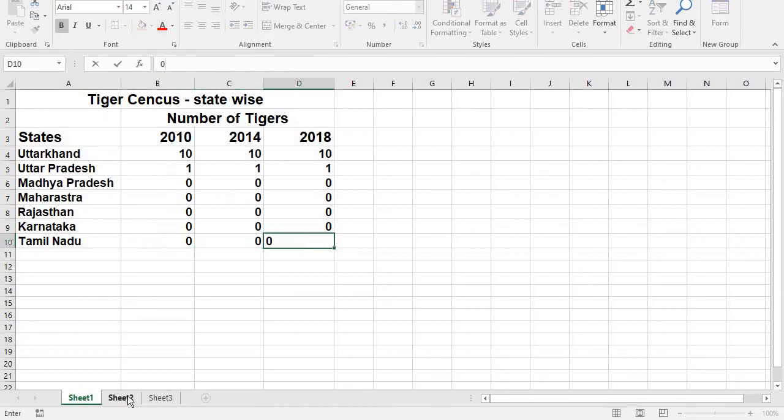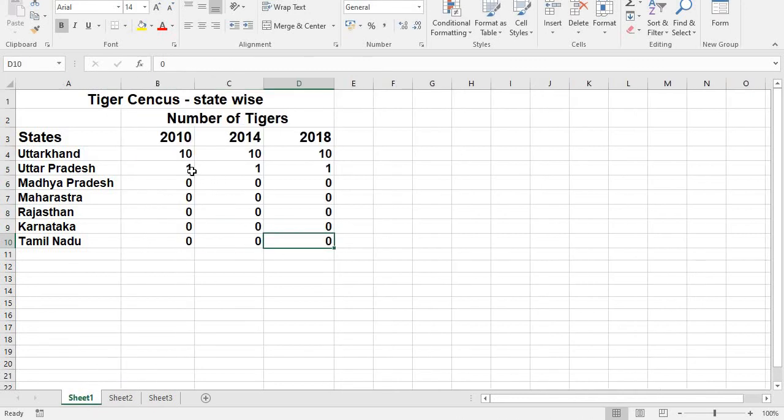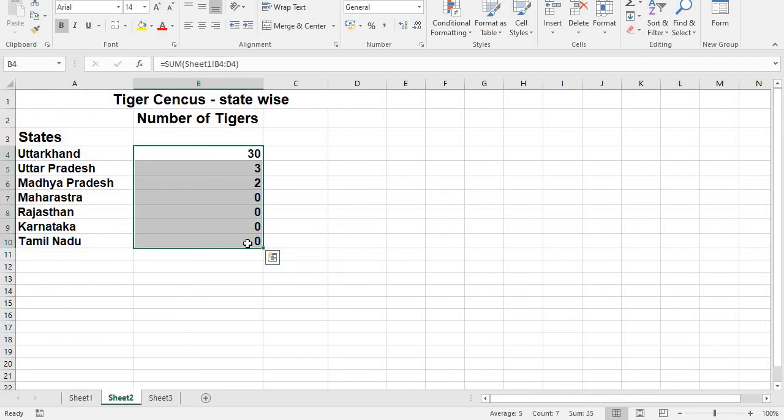See here, it will also change. For example, if I change this, you may also call this a cell reference, this a sheet reference, and cell reference also. Okay, I hope you understand this lesson.